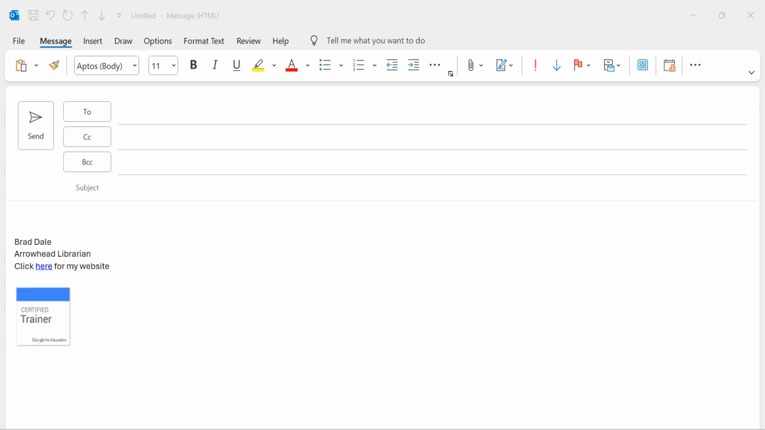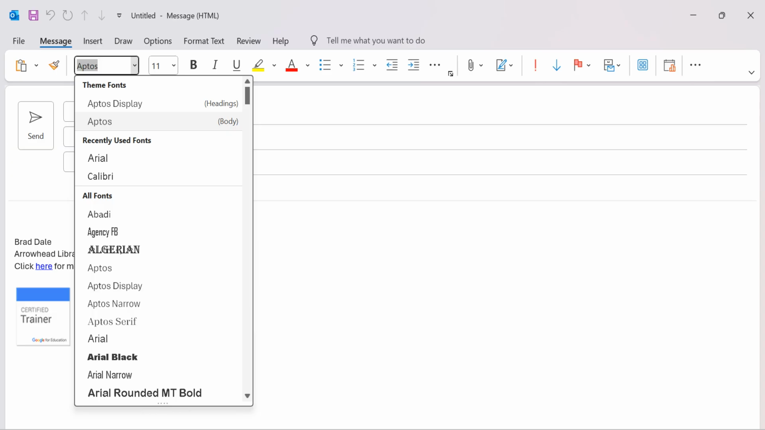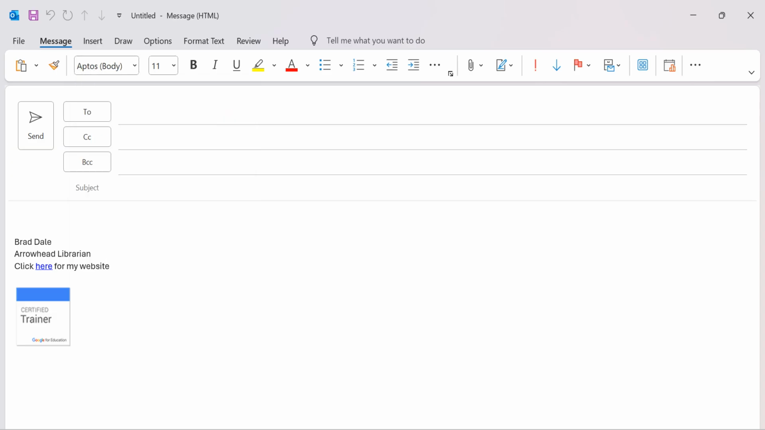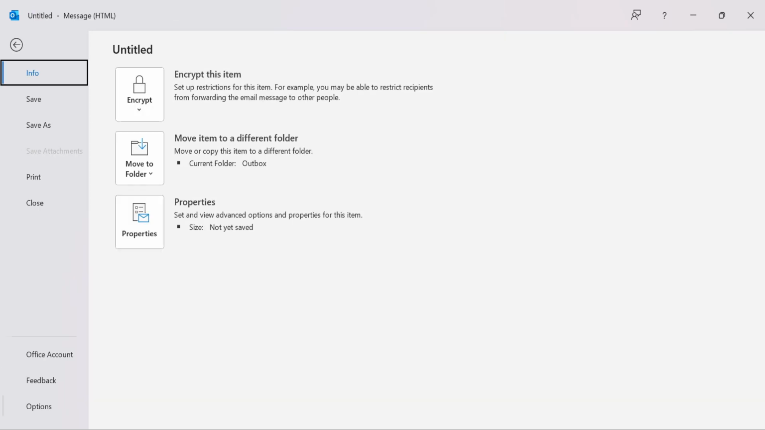Today we're taking a look at how to change the default font size in Outlook 2024. So you can see right up in here I have Aptos right now. This is for new mail. You can see size 11 as well. Of course, you can always change it here, but if you want to change the default, come over to File,